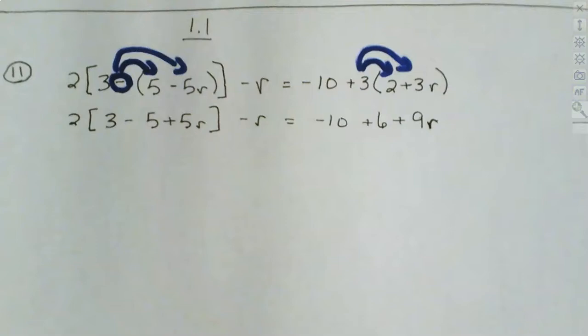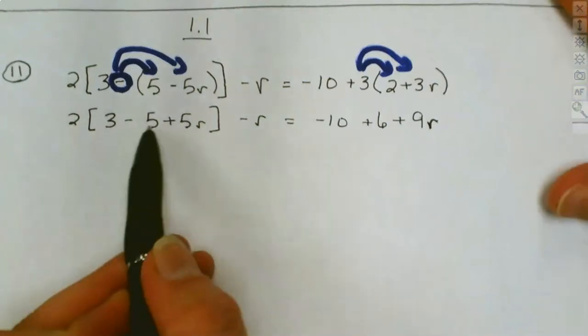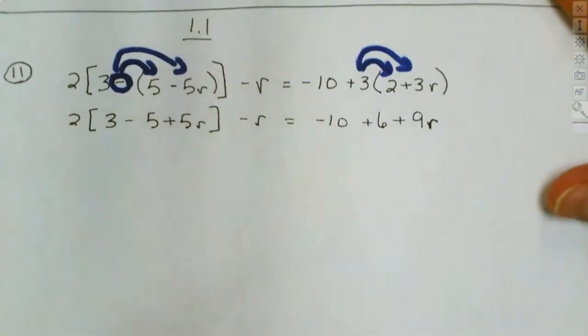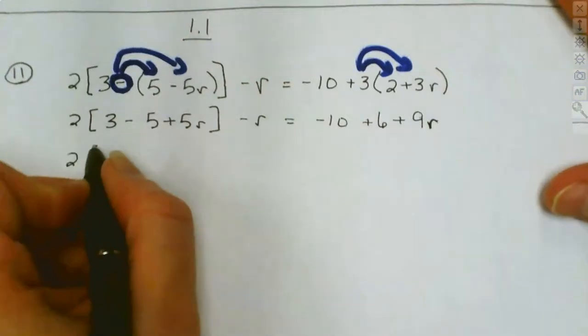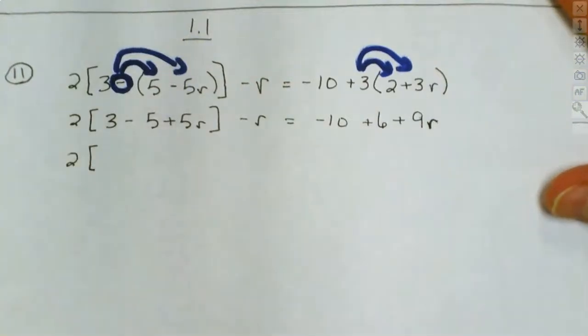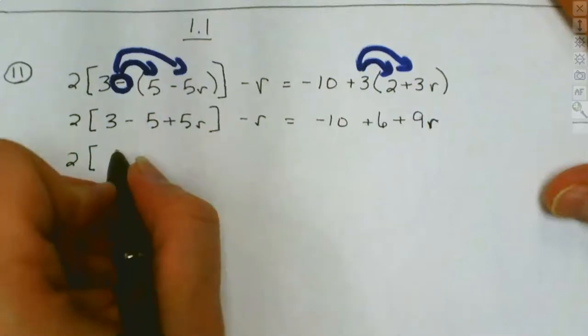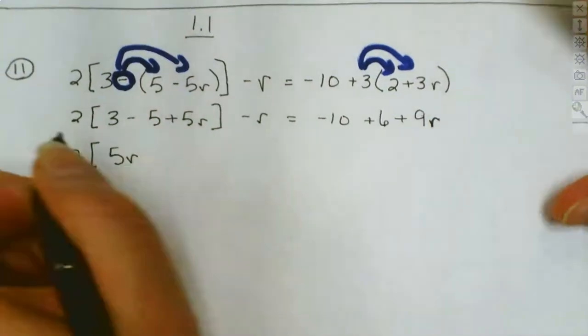Now we're going to clean up this square bracket here, and I'm going to write it with the variable first. So I'm going to leave the 2 out in front, because that's multiplication, and we do parentheses and brackets first, and then we'll use that 5R,